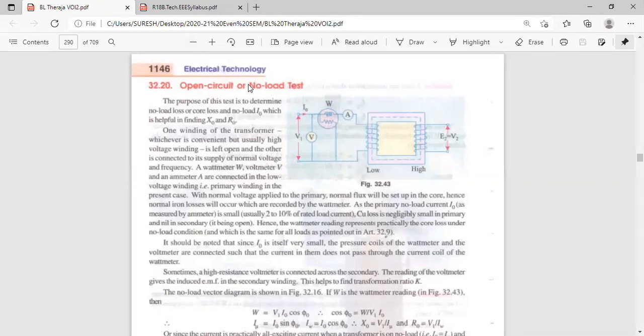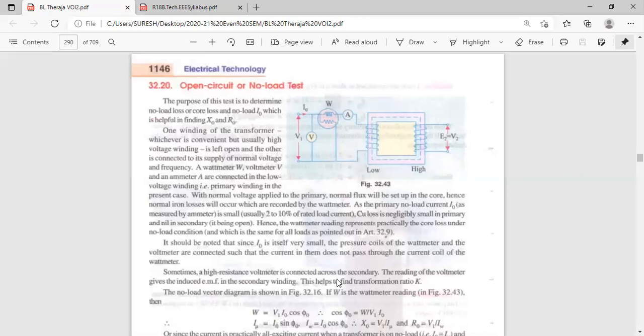So by using this test, we are determining the iron loss. The unit of iron loss is watts. When you apply 230 volts in open circuit, the same voltage will appear here because E2 is in parallel with V1. V1, E1, E2, V2, all are in parallel. In parallel, voltage will be the same. Whatever voltage you apply here, since it is open circuit, 230 volts will appear. When you apply full rated voltage, whatever loss occurs in the iron piece will be measured with the help of this wattmeter.